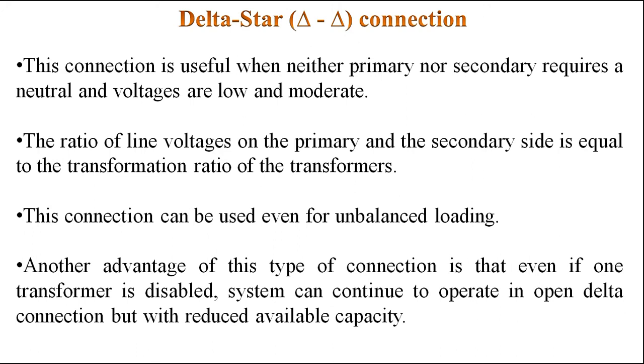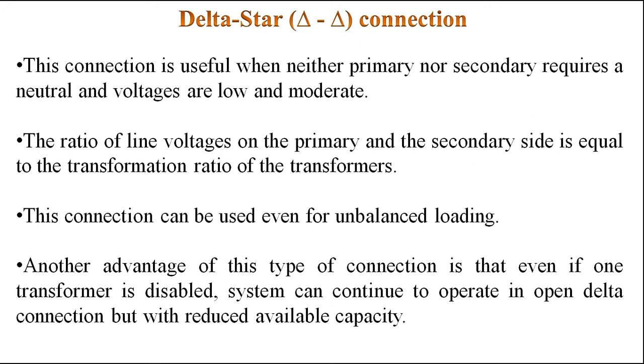Both the primary and secondary connections are delta-delta. Therefore, the ratio of line voltages on the primary and secondary side is equal to the transformation ratio of the transformer. Because both have the same connection, the line voltage is equal to the phase voltage in a delta-delta connection. Therefore, the transformation ratio is the same as the voltage ratio, that is, the line voltage ratio is also the same